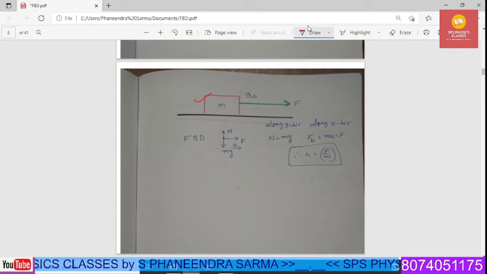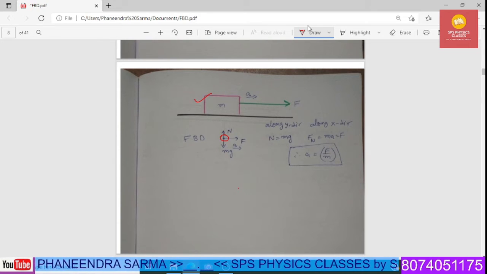To develop the free body diagram, first of all, you have to replace this entire block with a small circular point that is called the center of mass of the system. Now we are applying the horizontal force F, the gravitational force mg, and the normal reaction N. All we just substituted here. The final step is to write down the acceleration direction. So in the problem, acceleration is in this direction, the same thing we indicated here.